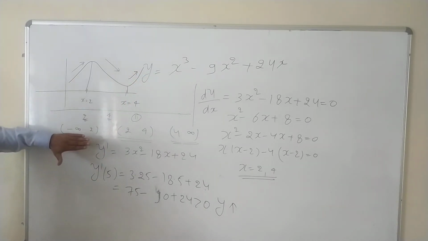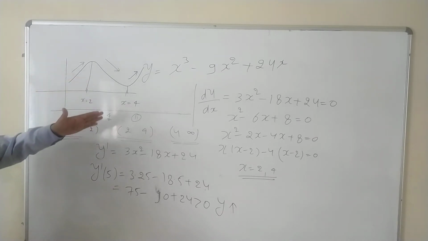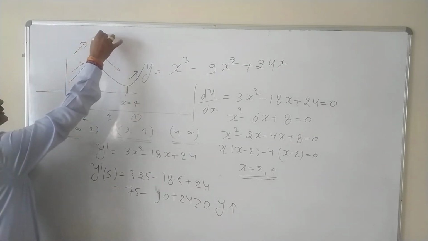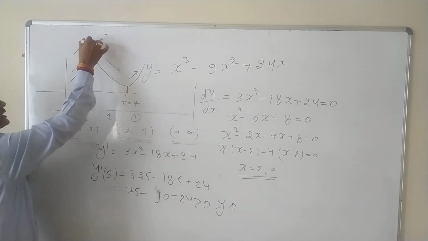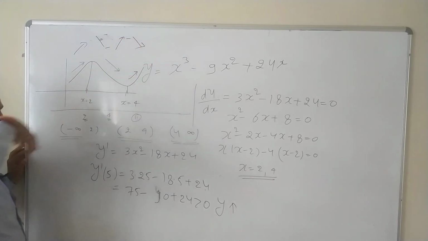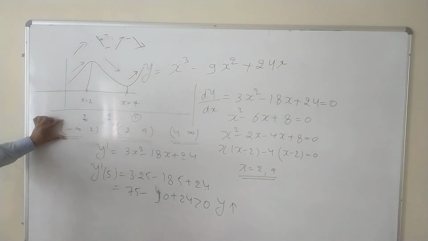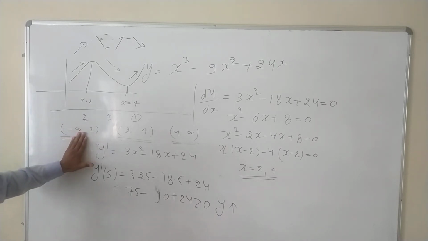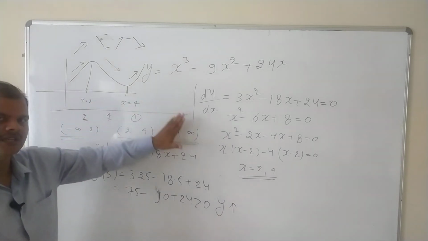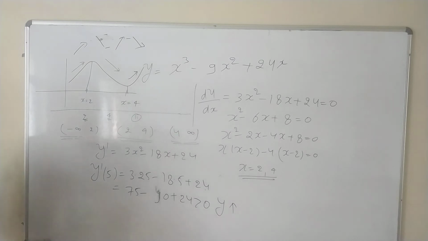And one more thing, if you have taken the first interval and the function is increasing, it alternates: increasing, decreasing, increasing, decreasing. It cannot be increasing and then increasing again. It's increasing, then a critical point, decreasing, again a critical point, increasing, again a critical point, decreasing. So this has an alternating nature. Since we got increasing in the first subinterval, we can directly say that 2 is a critical point, and at the critical point the function's nature will change: increasing to decreasing, decreasing to increasing. Fine. So this was the increasing and decreasing function.